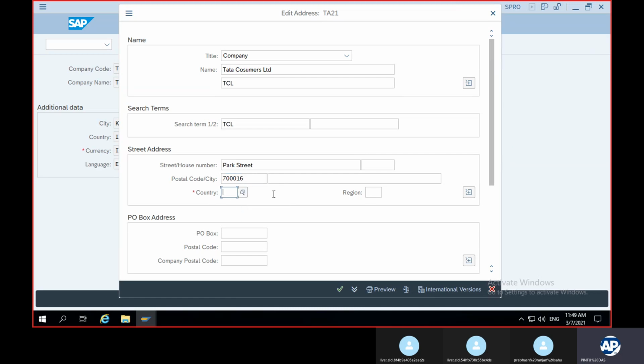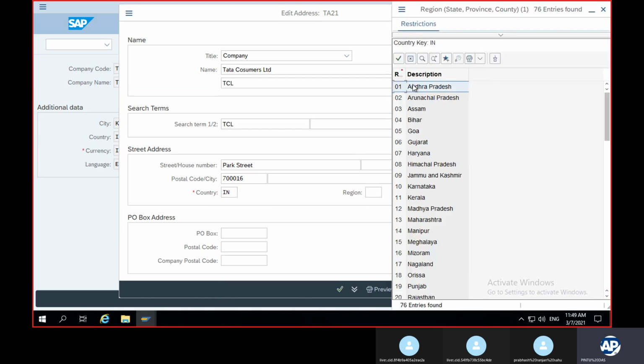Country I have to give IN, and once you give the country IN, the region will come automatically here. You can see the region. Since I've taken Kolkata, I have to give Kolkata as the city also. So I have to select this, 25 West Bengal.